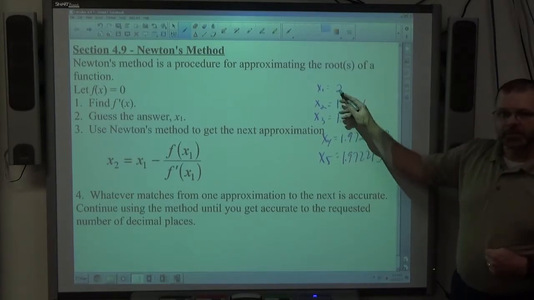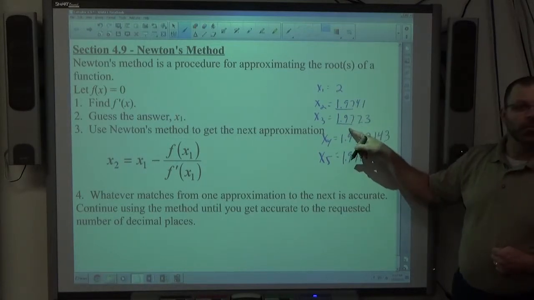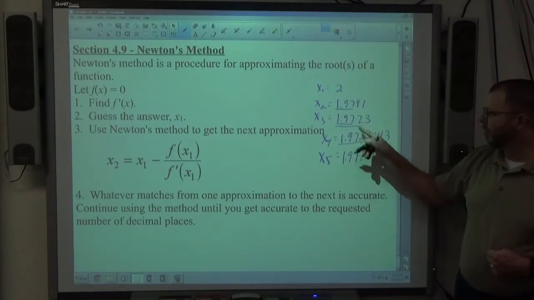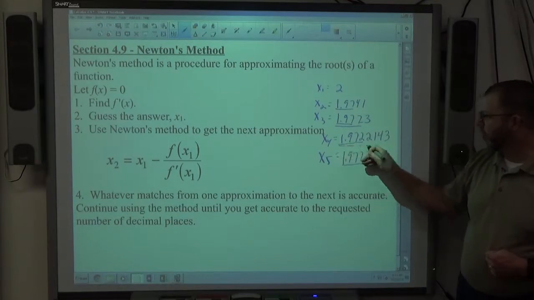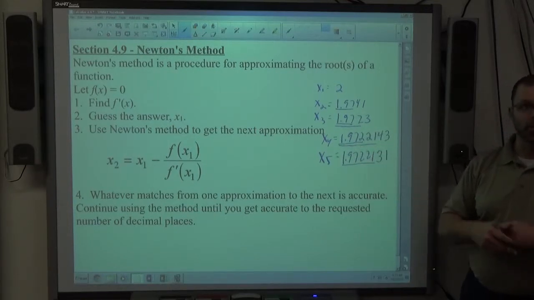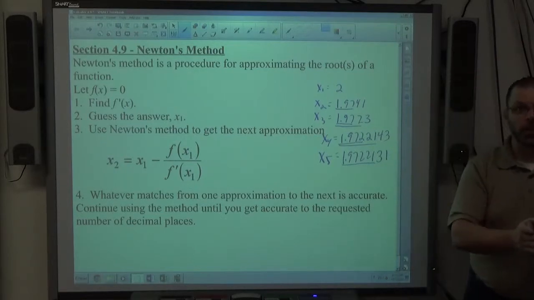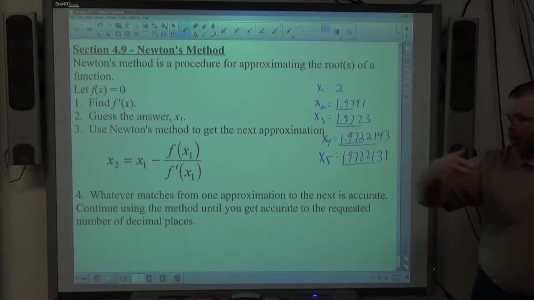Nothing's the same there, right? So no accuracy yet. 1.97 matches 1.97. It's at least 1.97. 1.972 matches 1.972. It's at least that. 1.97221 matches 1.97221. It's at least that. So to get accuracy, once you get a repetition, all those digits are right, and the ones that aren't the same still aren't right yet. Then you just keep applying that formula, and each time you get a new repetition of digits,